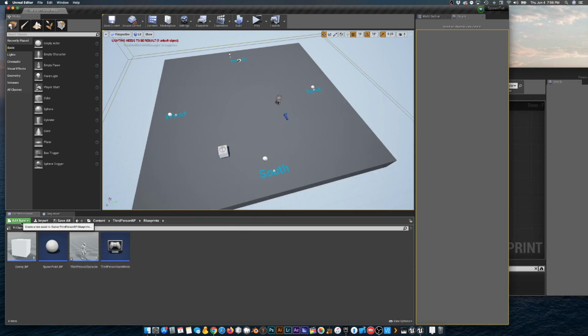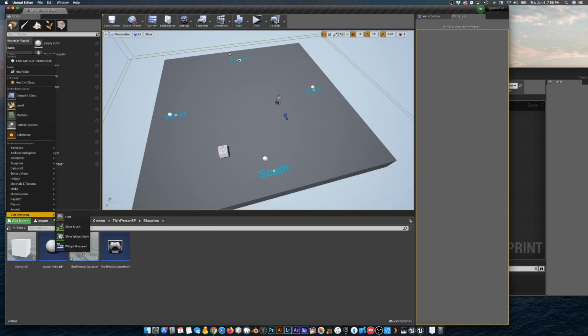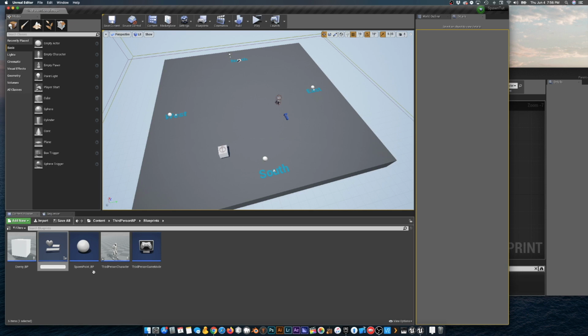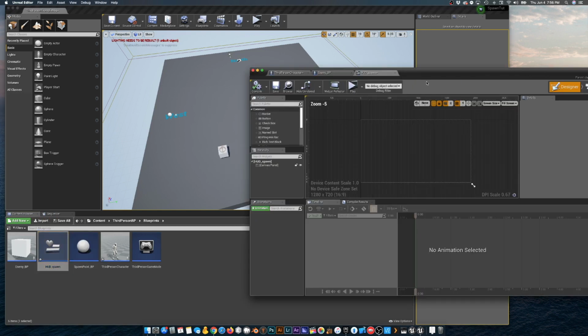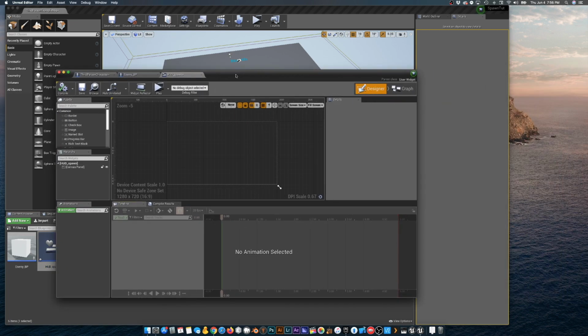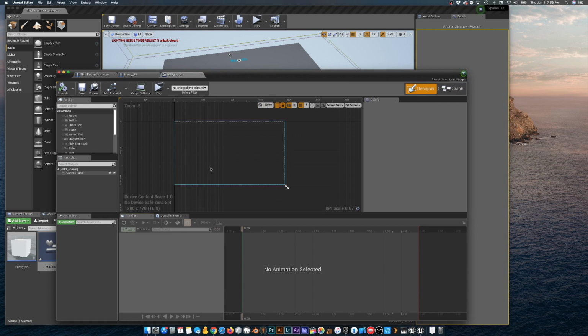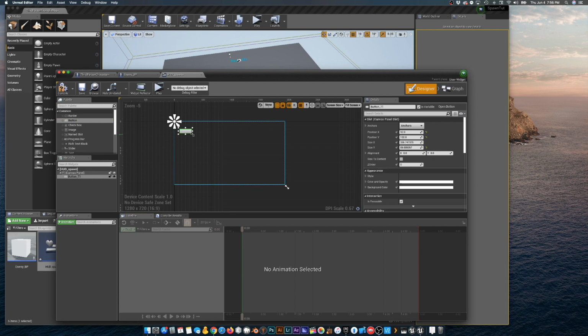Okay, so we'll do add new widget blueprint, and we're going to call this. And I actually used this in my game for a teleport function, so that you can jump from place to place within the map. So this is going to be really, really down and dirty. We're just going to make a button, drag it out here,